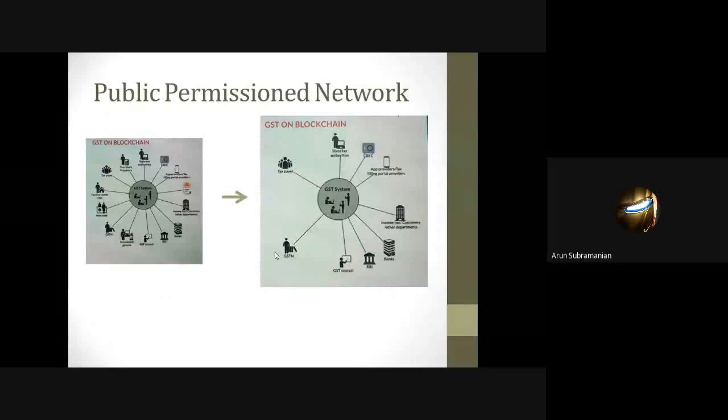So far, we have seen the public permissionless network, that is the Bitcoin network. So what is a public permissioned network? Here again any person can join. It is visible to all, but it's a permissioned network. So here, anonymous users cannot be part of it. Earlier, in the Bitcoin network variant, users will not reveal their identity, they just do transactions. But here, as part of the GST blockchain, which is about to happen in some years,